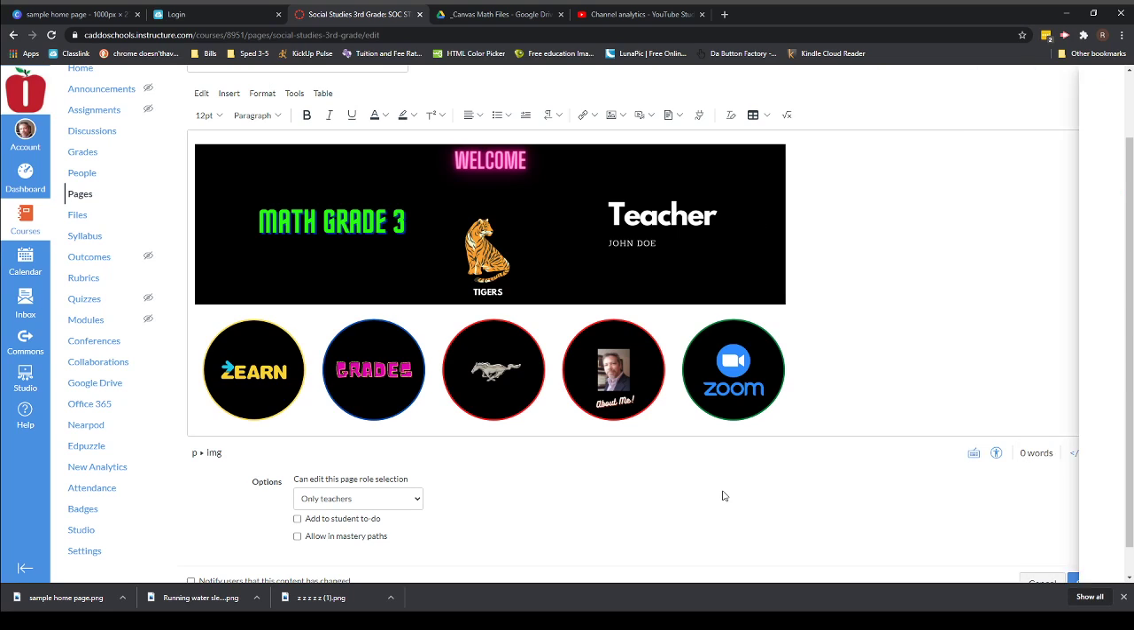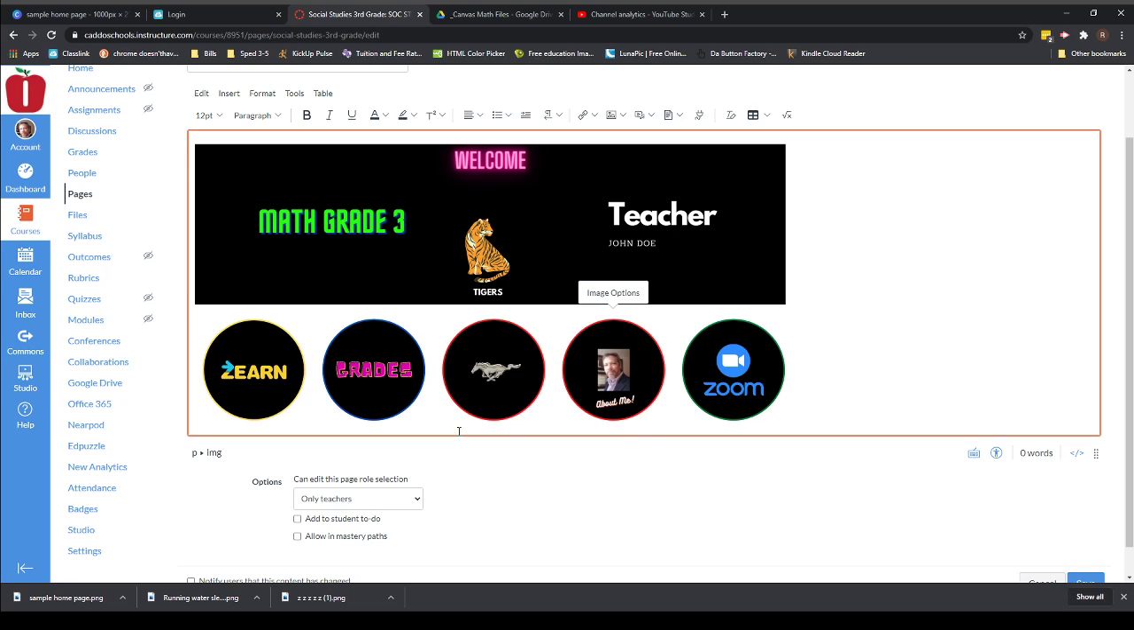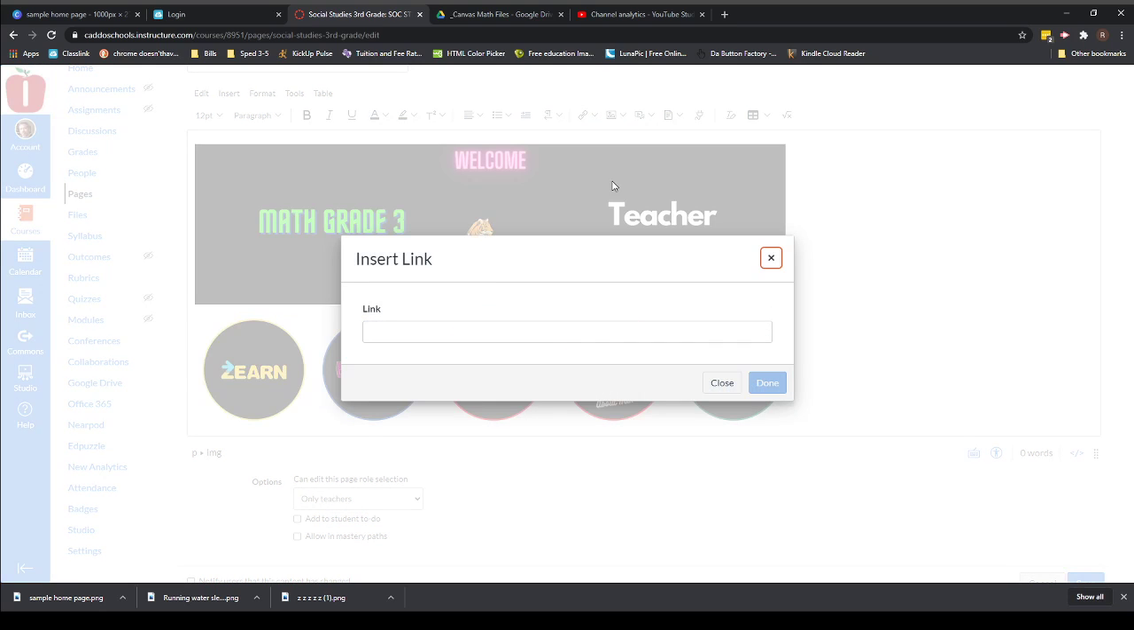Okay, but that's how you would do that. Okay, let me give you an example of an external link. Let's click on Zearn. Let's click on the links drop down, except this time let's choose external links. Okay, now in this field right here where it says link, that's where you're going to actually type the web address. So I'm going to click and start typing the address,